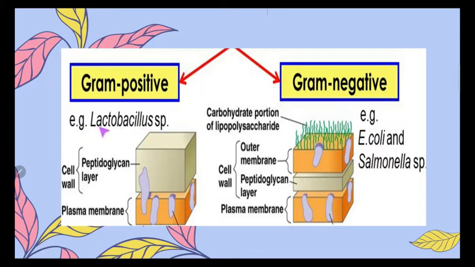So how is the cell wall for gram-positive bacteria? Okay, so this is the cell wall of gram-positive bacteria where it consists of a thick peptidoglycan layer, thick here. Okay, compared to gram-negative bacteria, for example like E. coli and Salmonella species, the cell wall of this bacteria, okay,